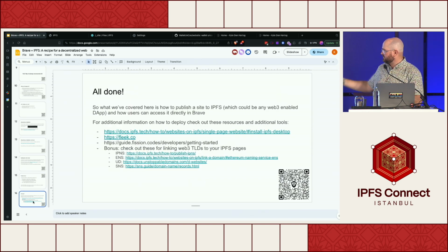The last piece of this is those links. For anybody who wants a copy of the slides, this is a good place to find the links. There is actually the additional capability to do your redirection to Web3 domains that are supported within Brave browser, like ENS, UD, SNS, and IPNS support. I've linked out to that as well, which is the follow-on of what you can do after this to get to that uniswap.uncensored.eth TLD style.